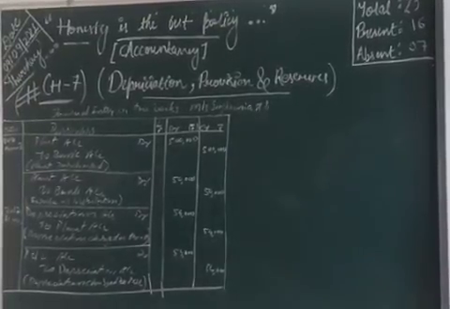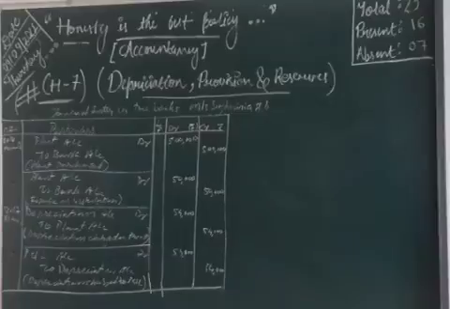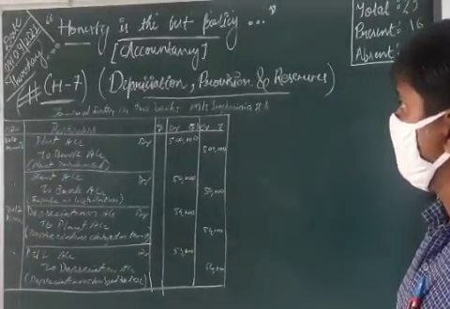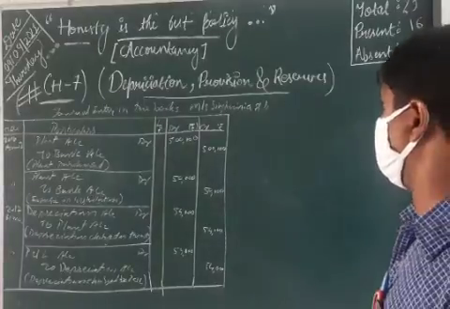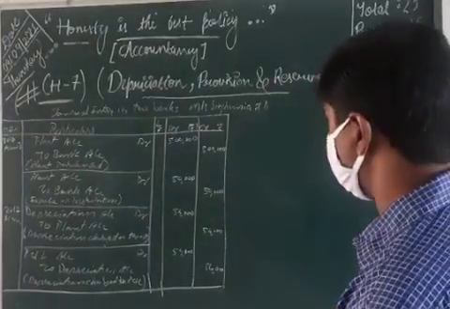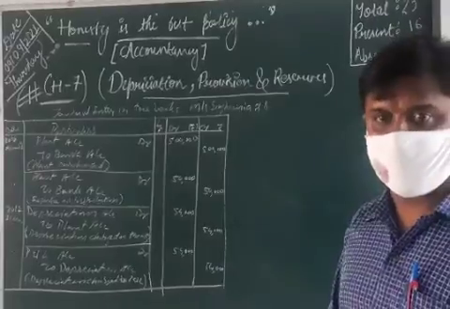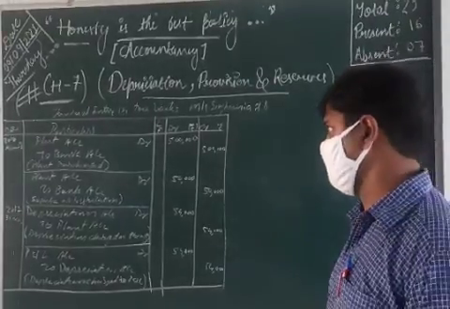Today we are going to see the accountancy chapter number 7, video number 11. This is depreciation, provision and reserves. And in this class we are continuing with the video number 10. There we solved